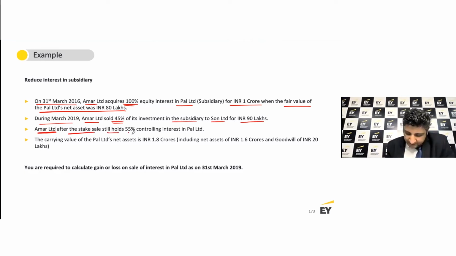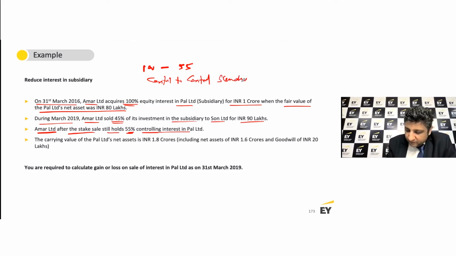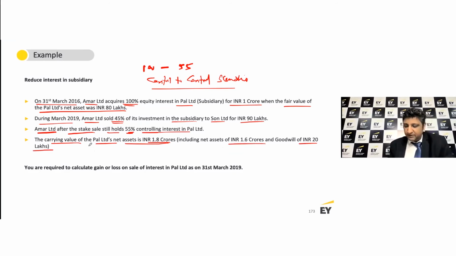And Amar Limited, after the stake sale, still holds 55% controlling interest. So you're saying that you're moving from 100 to 55, which is still a control to control scenario. Okay, it's a control to control scenario. The carrying value of PAL Limited's net assets is 1.8 crores, including net assets of 1.6 and goodwill of 20 lakh rupees. The question is, calculate the gain or loss on sale of interest in PAL Limited as on 31st